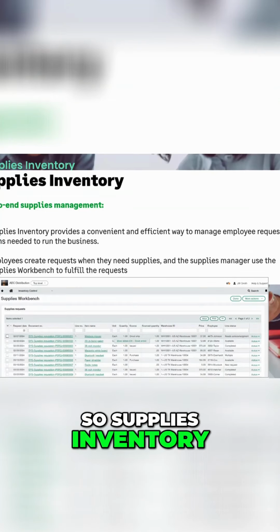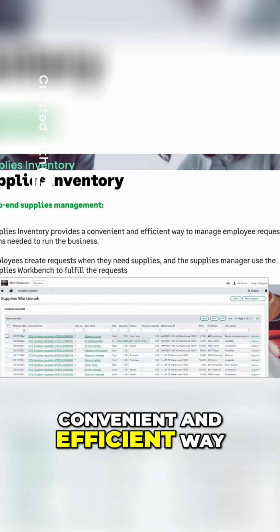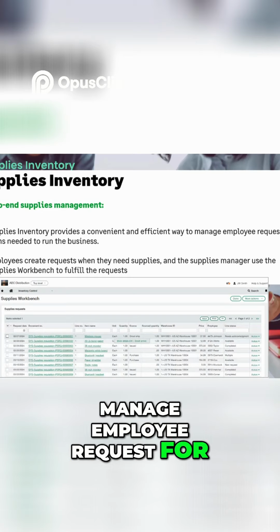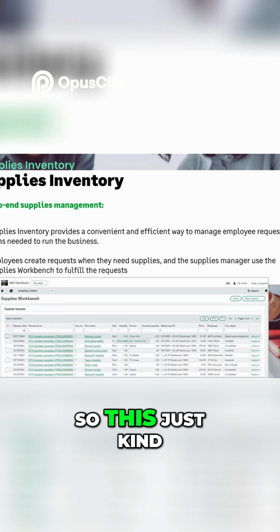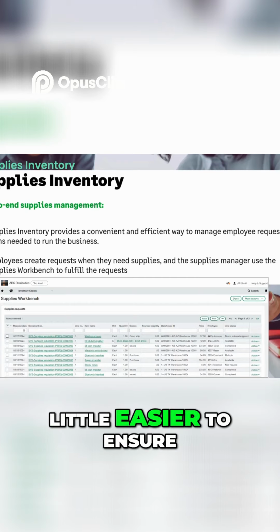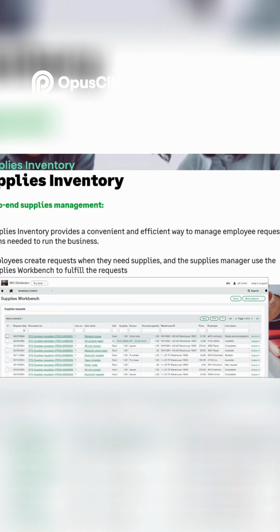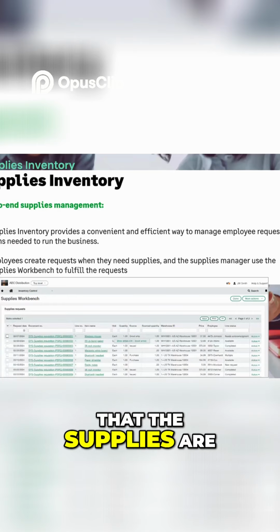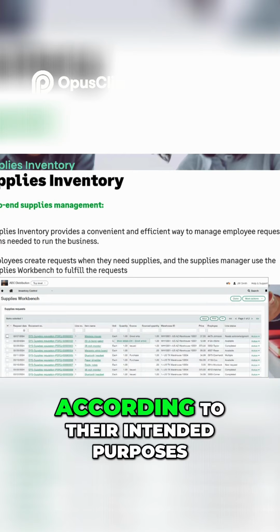So supplies inventory, as you can see there, provides a quick, convenient, and efficient way for you to manage employee requests for items needed to run your business. This just makes it a little easier to ensure that you've got adequate stock, that we can issue that stock easily, and that the supplies are being consumed and accounted for according to their